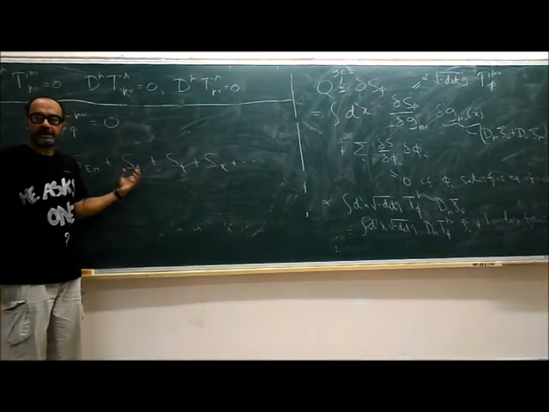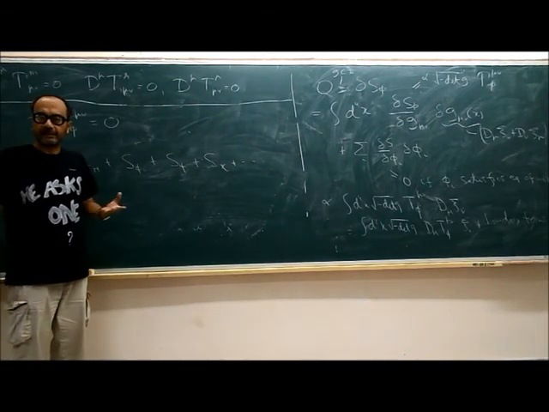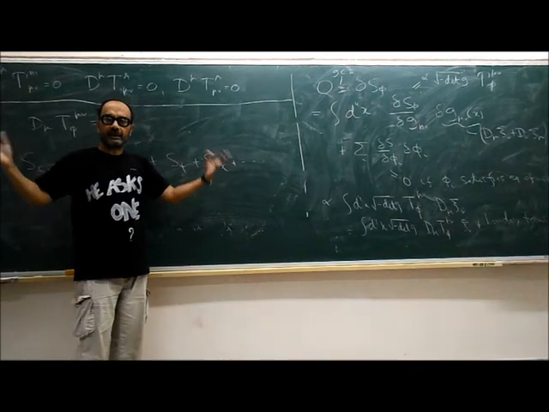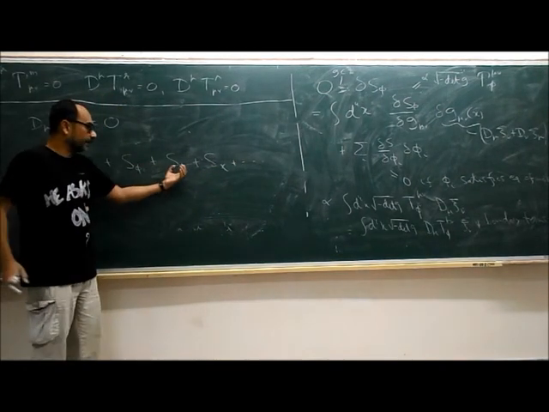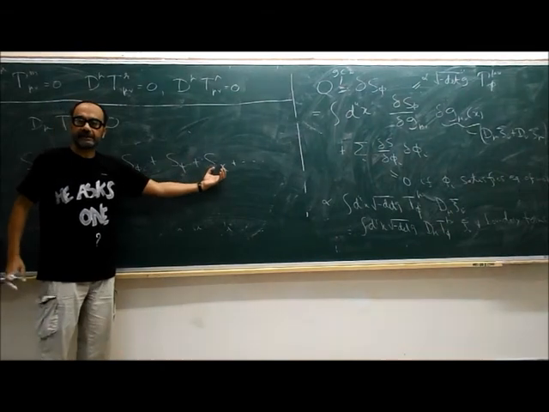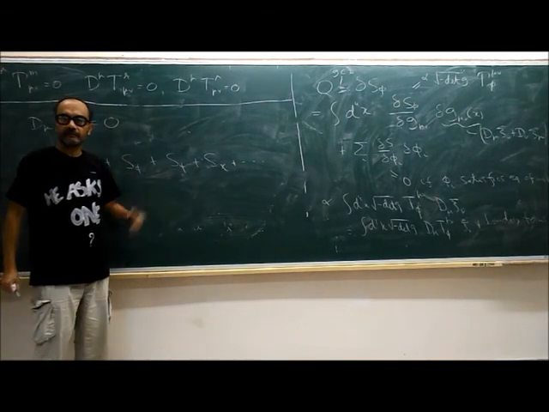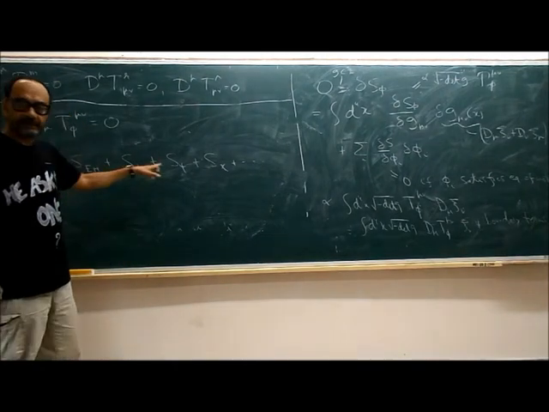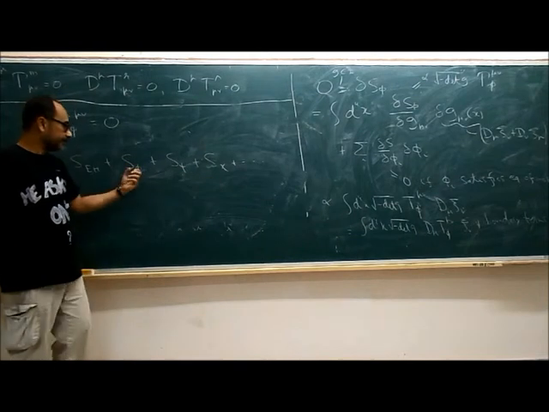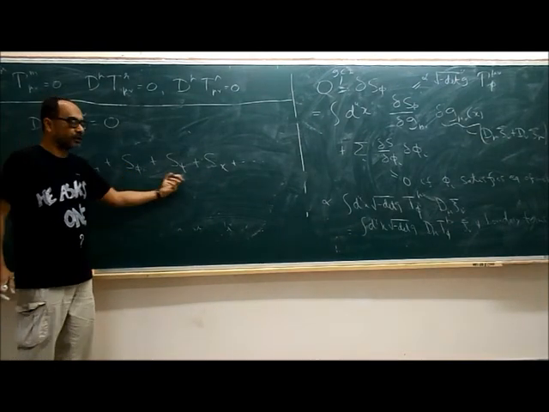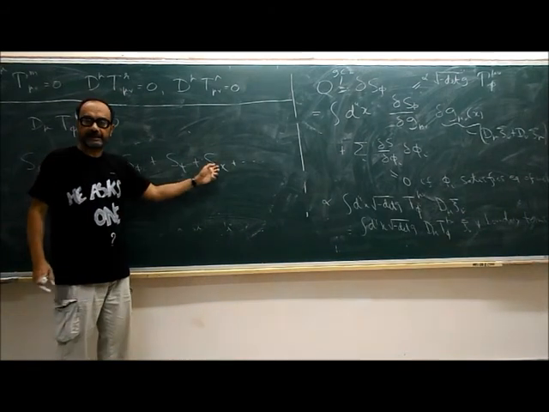Where phi refers to a certain set of fields, psi refers to another set of fields, chi refers to another set of fields, and so on. The important thing is that S phi doesn't contain the field psi or the field chi. These are individual fields, and there is no coupling between them. That's why I have written S phi plus S psi plus S chi. This part of the action depends only on phi and not on psi and chi. This depends only on psi and not on phi and chi.